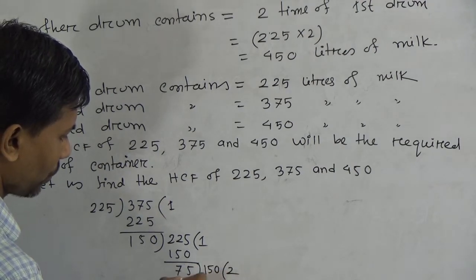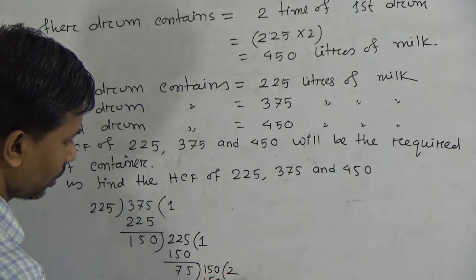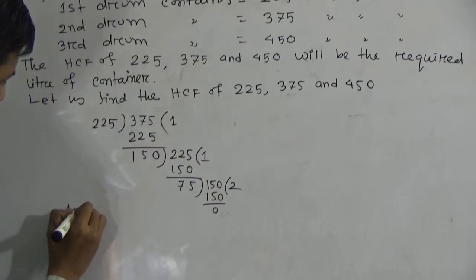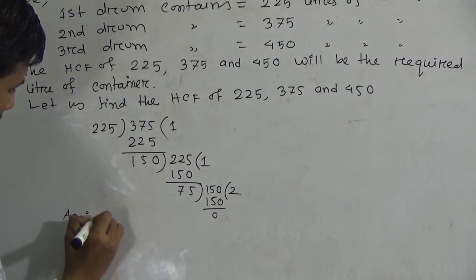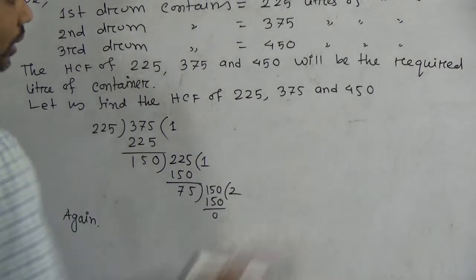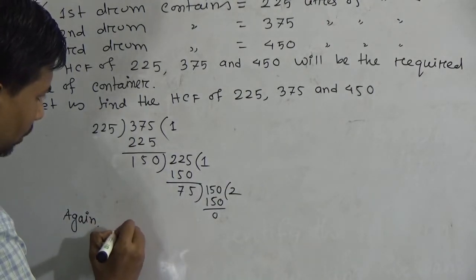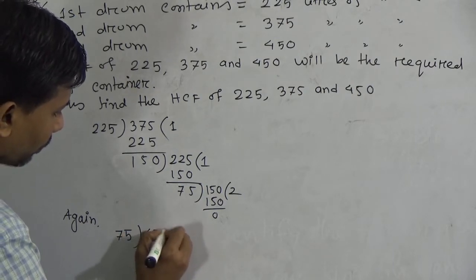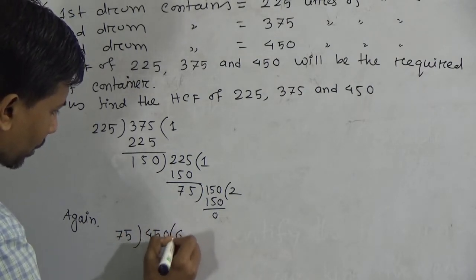Now 2 times of 75, this is equal. Now again, we have to determine the HCF of 75 and 450. 75, 450 equals 6 times